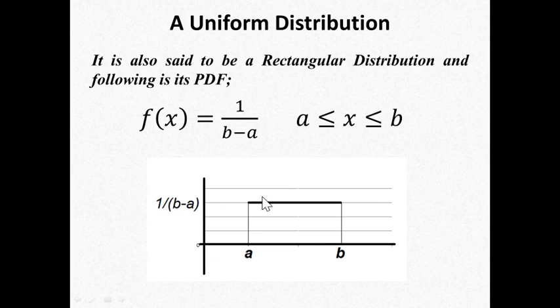Okay, so the height of this particular PDF is nothing but 1 upon b minus a, which is already mentioned over here. So now if we proceed further using the same probability density function, we can calculate the expected value of x and the variance of x. But before that, we have to explore what is the need of this uniform distribution in our real life. Okay, so take a look.